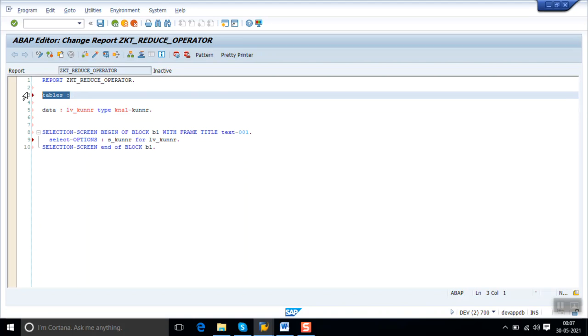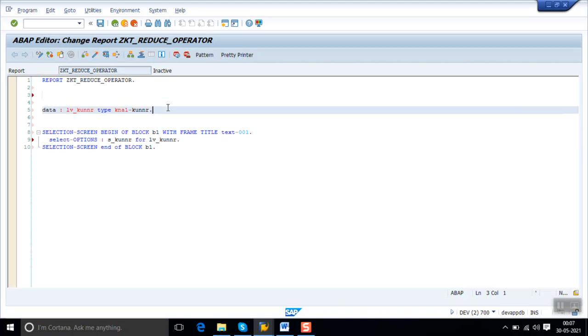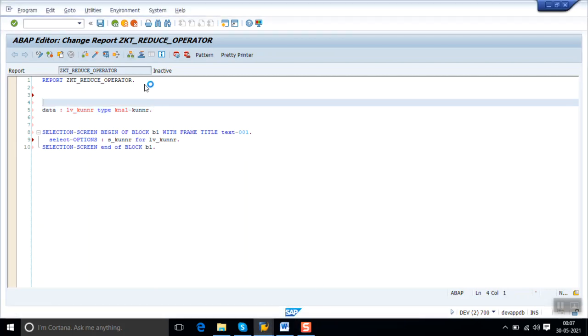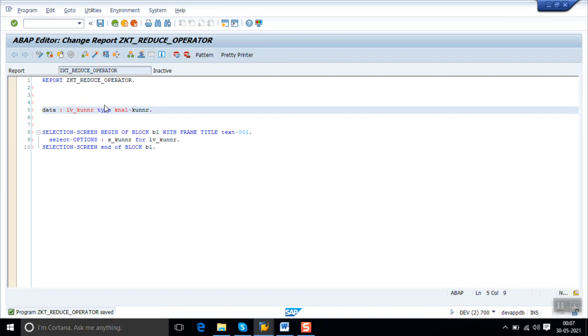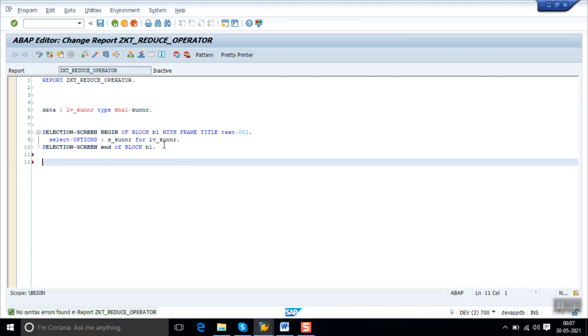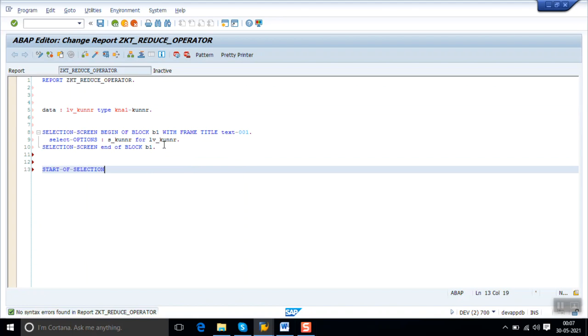To avoid that, use this type of concept so there will not be any performance issue. So here I am defining one local variable, data LV_KUNNR type KNA1-KUNNR. Check, no error. Now after this, start-of-selection,